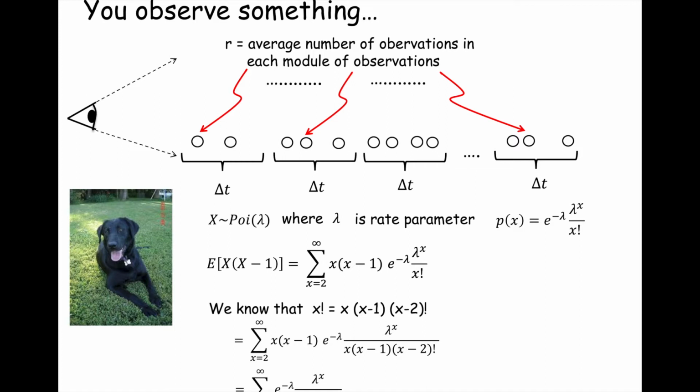So we're left with this expression, e to the minus lambda. That hasn't gone anywhere. And the remainder here, we have lambda to the x over now x minus 2 quantity factorial. Okay, so we're just doing a little canceling, and we're also looking at the definition of what factorial is to reduce this expression. Okay, so now we see, well, we have an x minus 2. We can certainly factor out this e to the minus lambda, but this exponent is kind of funky here. It needs to be a little bit different, right?